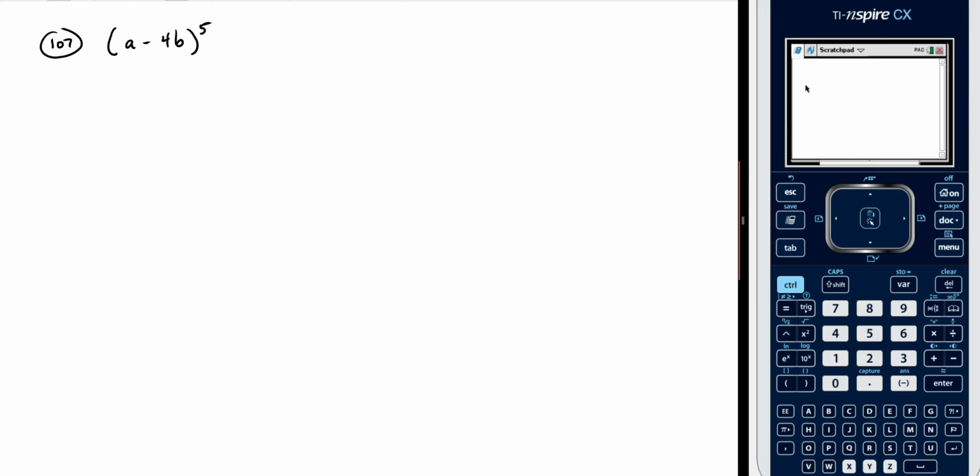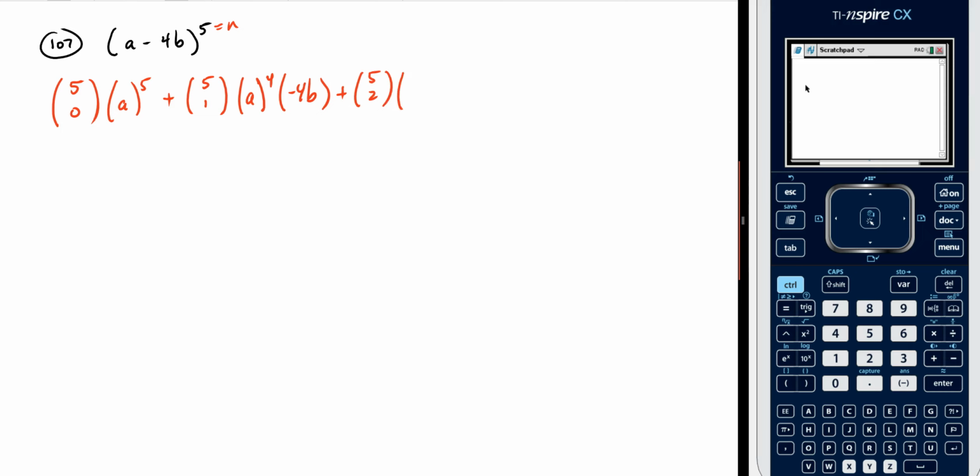So for this one, n is 5, so we're going to have 5 choose 0, because it's my 0th row, because it's where we're starting, times a to the 5th, and then there's no b in this case, plus 5 choose 1 times a to the 4th times negative 4b to the 1st, plus 5 choose 2 times a cubed times negative 4b squared,